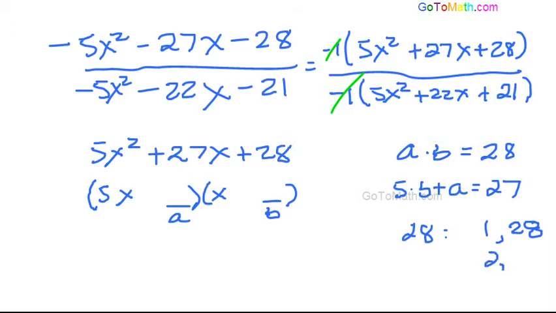Okay, so what about 2 and 14? Let's see, 5 times 2 is 10, and 10 plus 14 is 24. And that's not going to work. Nope. So what about 4 and 7? 5 times 4 is 20 plus 7 is